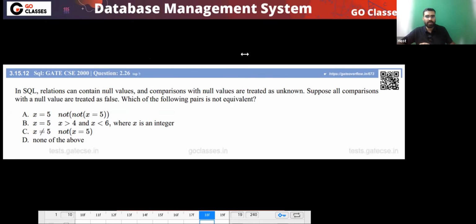So let's try this question. A very nice analytical question this is. Can you try this? So let's see what this question is saying. The question is actually very easy. The question is saying that in SQL, relations can contain null values, and we already know,